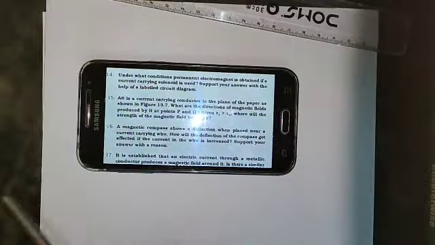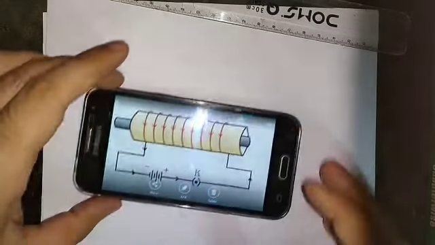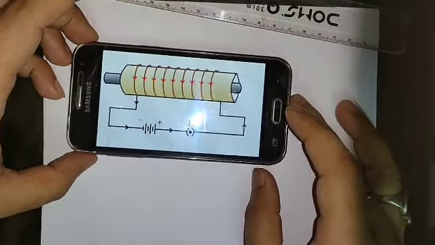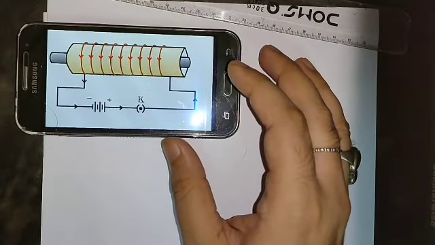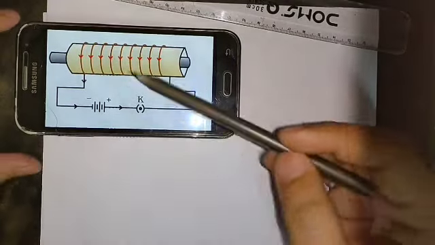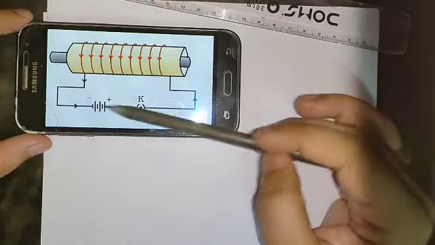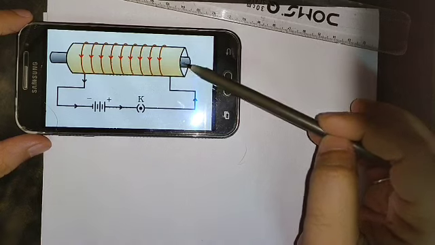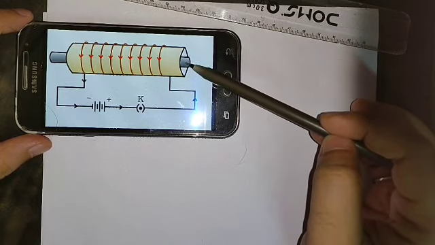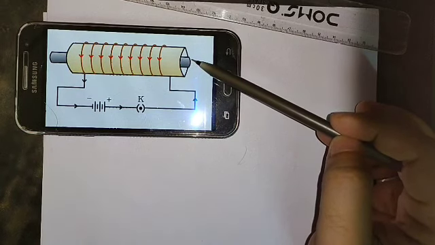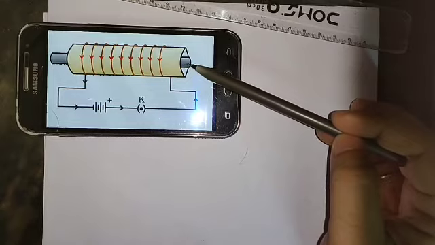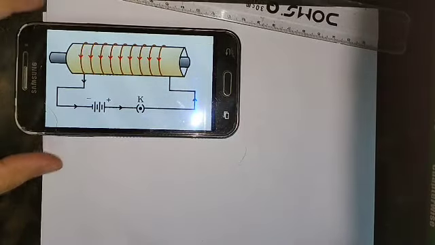Okay, now I'm showing you the diagram, just a second. So here is your diagram, you can easily see. I think all of you can easily see this. Yeah, everyone can see this. So the solenoid is there, and in this solenoid a core is there. This core might be of steel or iron or some magnetic material, and this is going to be a permanent electromagnet. I hope all of you have understood this now.